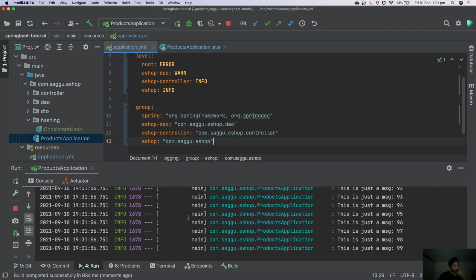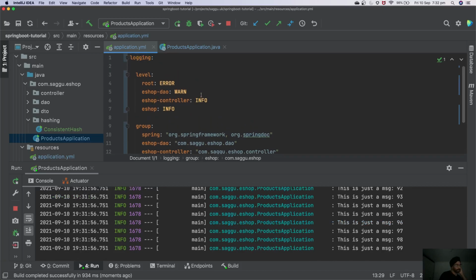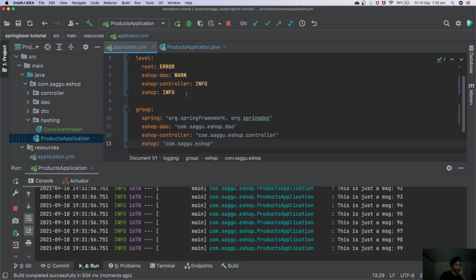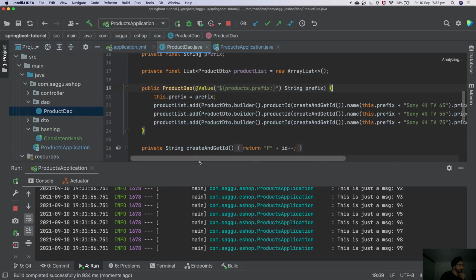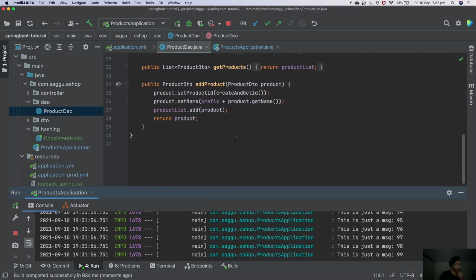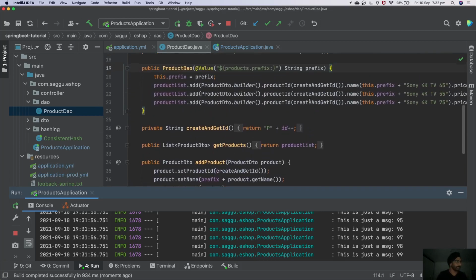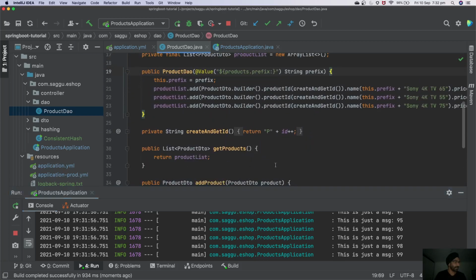Okay, it worked. That's beautiful. As you saw, nowhere am I specifying the package names at the level, but I simply gave it under group and it worked. Just to prove it, if we go to our DAO, and in DAO, let's say whenever somebody is requesting a product,